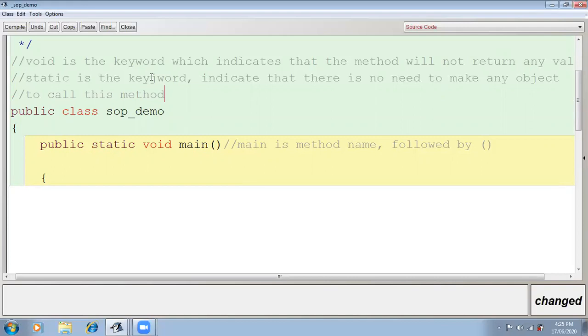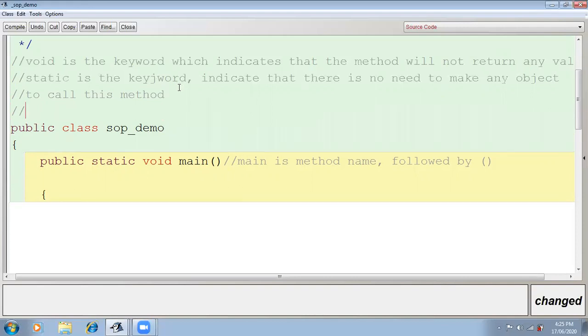Now, public means this is publicly accessible. Write this also: public is the access specifier.